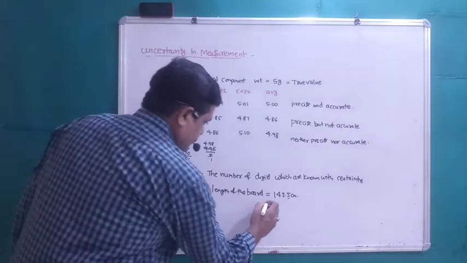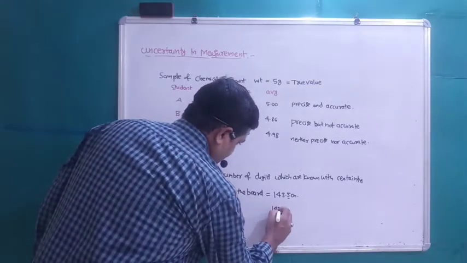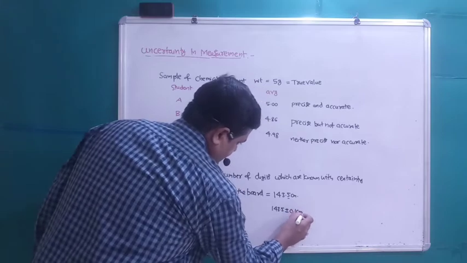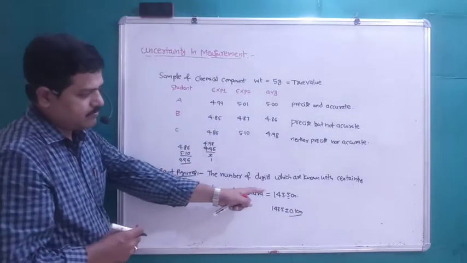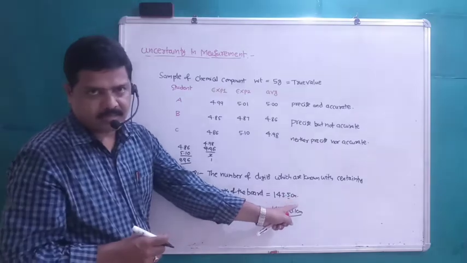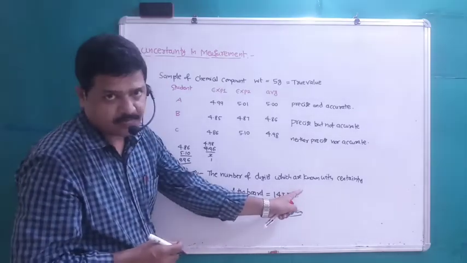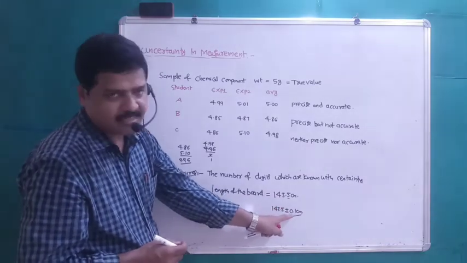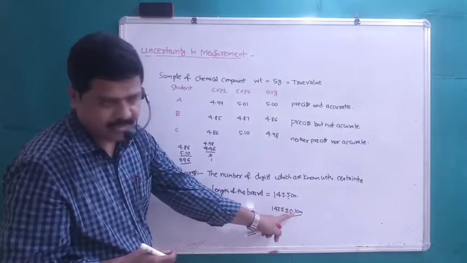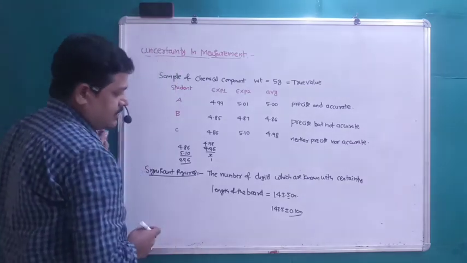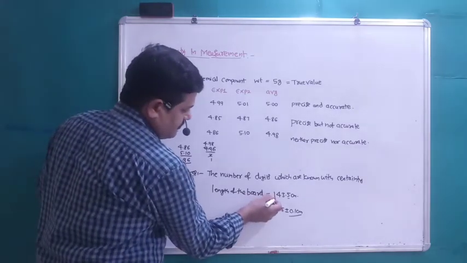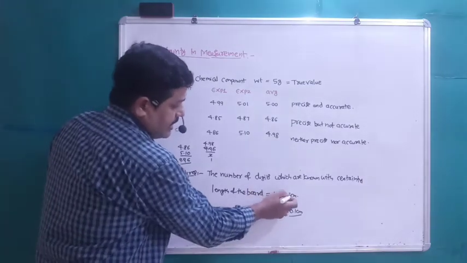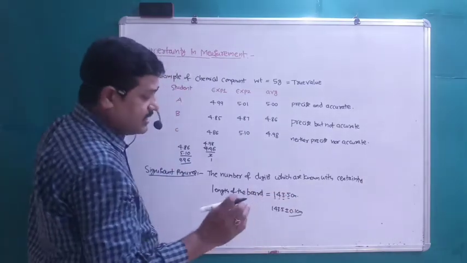But there may be some kind of error, a little error, in this digit. It may be 143.5 plus or minus 0.1 centimeter. There may be some error in this digit, whatever it is after the decimal point. So the error may be 143.5 plus or minus 0.1 centimeter, right? So here these three digits 1, 4, 3 are called certain digits, and 5 is an uncertain digit.